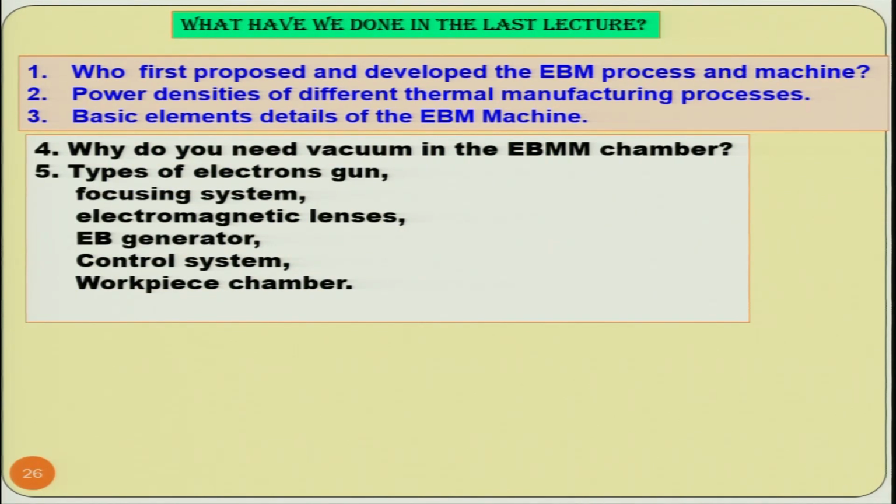Then after discussing different basic elements with the help of the schematic diagrams, we discussed why you need vacuum in the electron beam micromachining chamber, because if you are not using the vacuum, then in some cases you may not get any machining done, or if you get machining done, then it will not be as per the quality requirement. Then we discussed